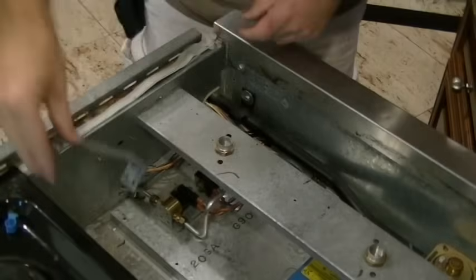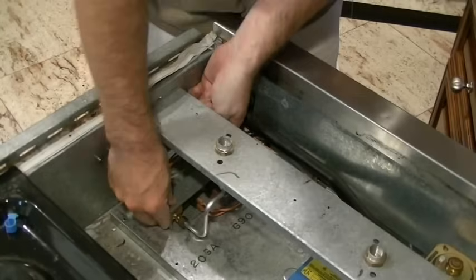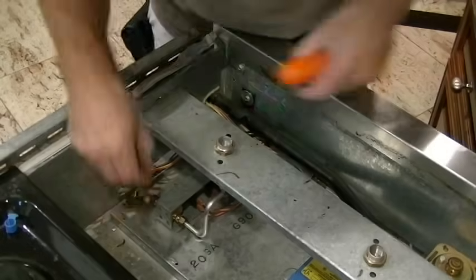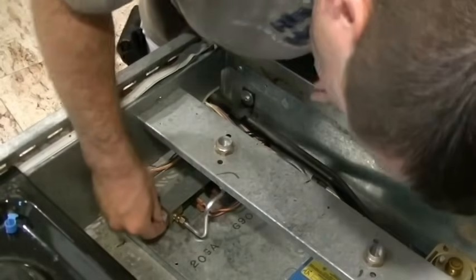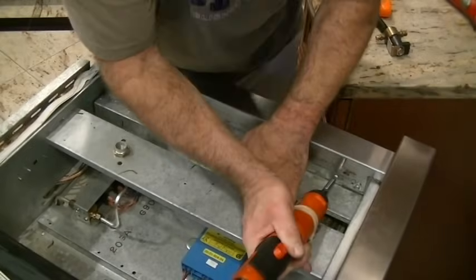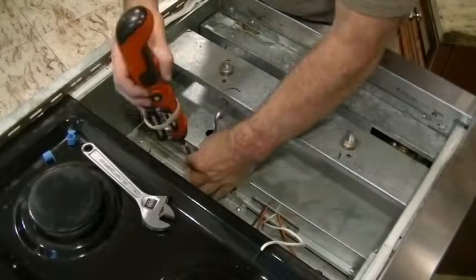And so I'm going to go to number 9, the last one. That's the cover that was going over the gas relief valves. And we need to get to a point, really, where we can test to see if this new part has actually fixed the problem. So I'm going to reassemble until we can get up to a point where we can test this. So as you can see, I'm just doing everything in reverse order. Put the screws in both sides, put that sheet metal cover on, second sheet metal cover on, third sheet metal